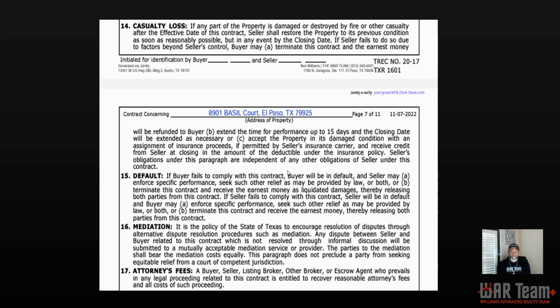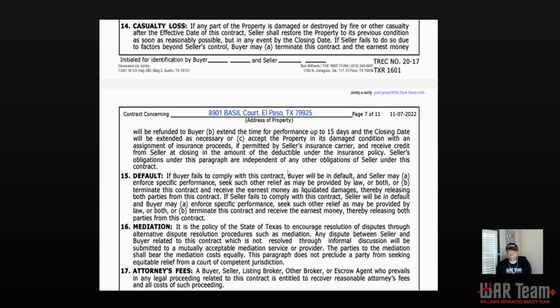Section 15. If parties default, this is the paragraph that covers what the buyer and seller can do if either party defaults on this contract, and it goes into detail about that.